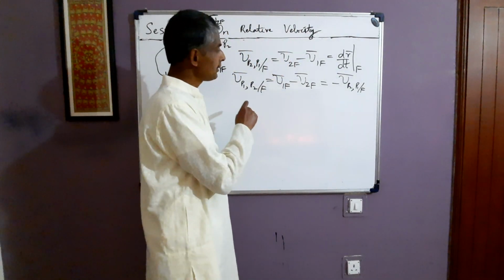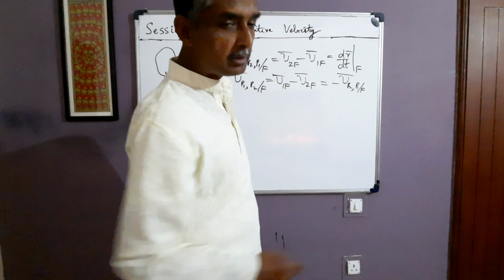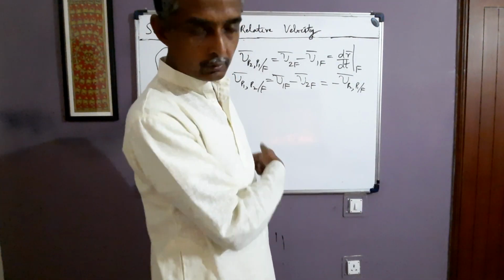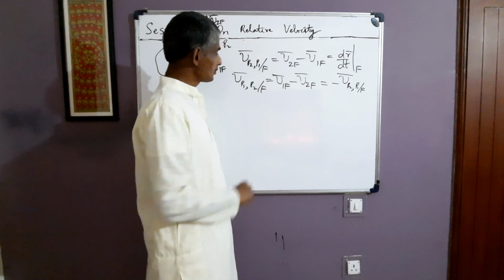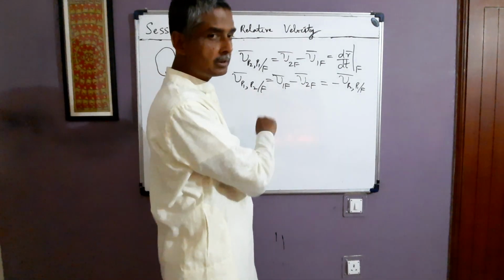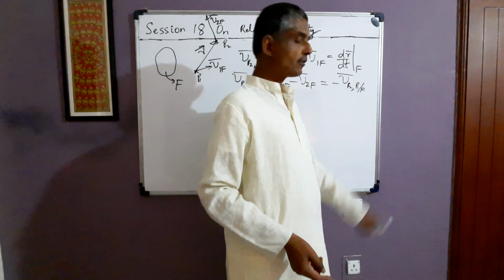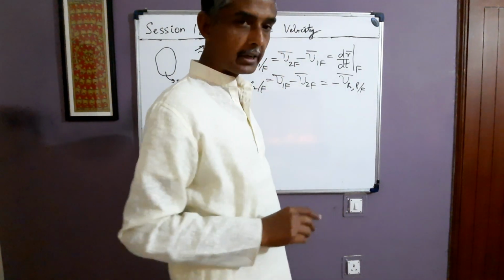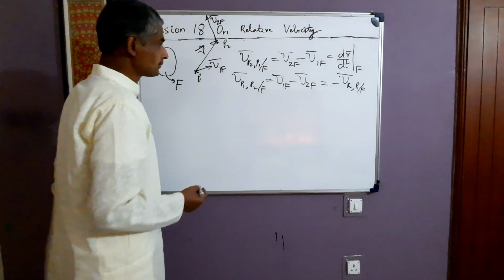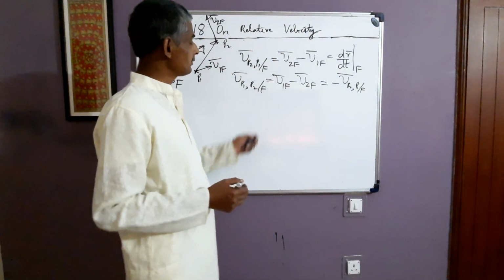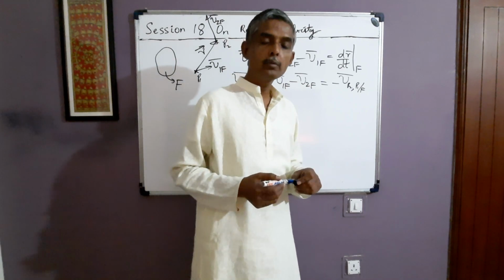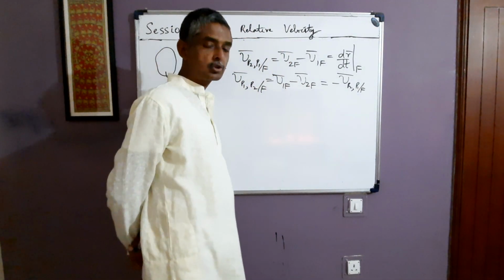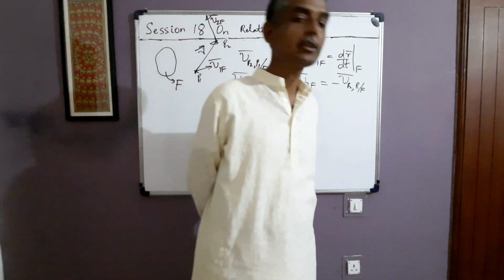This means that if P1 says that P2 is moving rightward at 10 meter per second, then P2 will observe that at that instant P1 is moving leftward at 10 meter per second. So the relative speed of P2 with respect to P1 in frame f and the relative speed of P1 with respect to P2 in frame f are both equal in magnitude but opposite in direction. Fine. So today what we'll take up is, we are given 2 points P1 and P2 moving with respect to the ground frame, and we have to determine the magnitude and direction of relative velocity of one of the points with respect to the other.